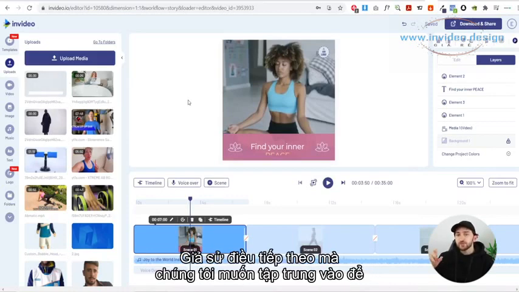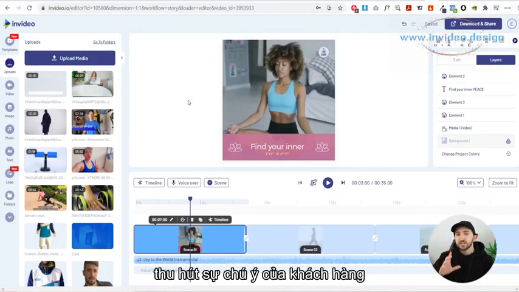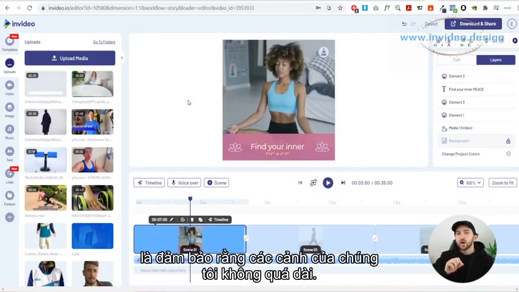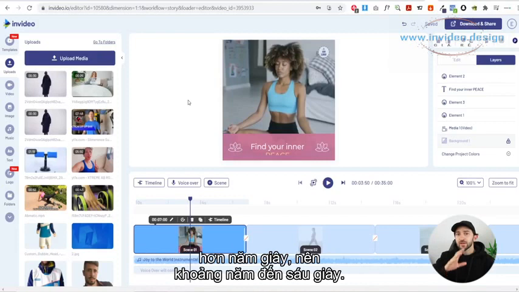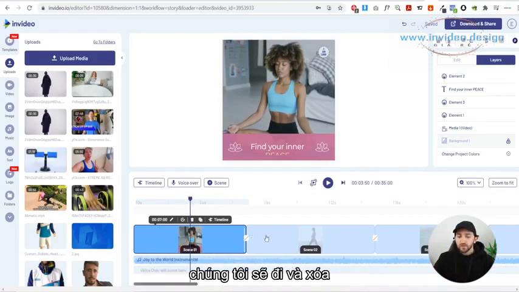Now the next thing we want to focus on to capture the customer's attention is to make sure that our scenes aren't too long. So I recommend that your scenes aren't any longer than 5 seconds, so around 5 to 6 seconds. So what we are going to do is over here we are just going to delete